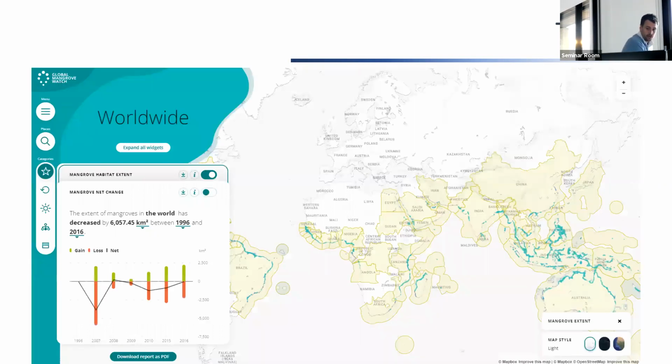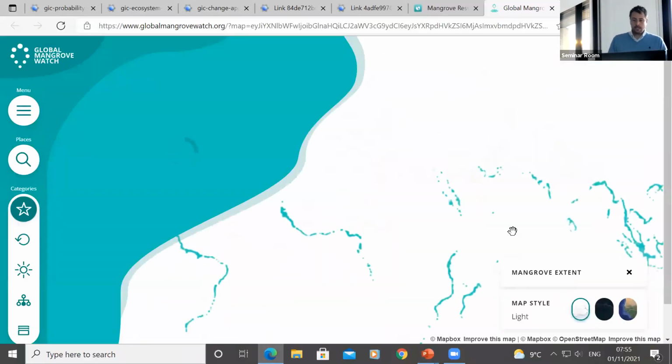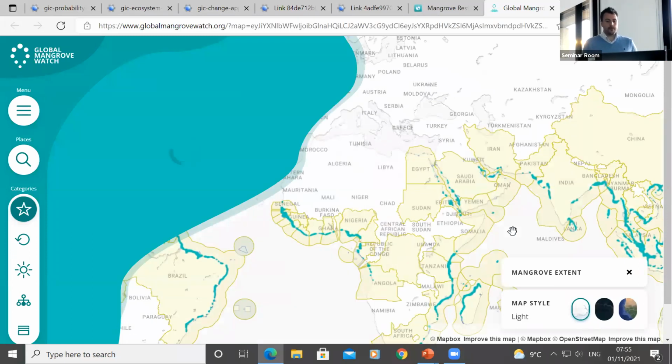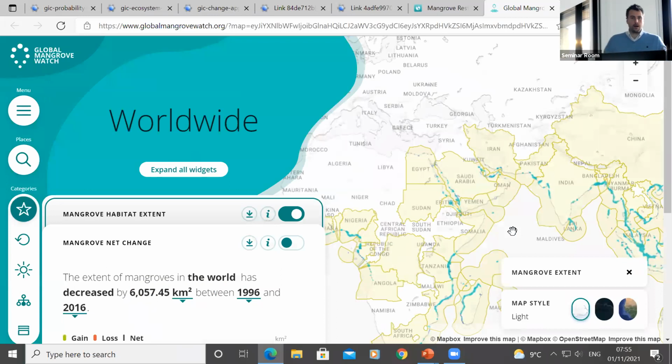So if I go to the tool, and this is freely available, I can share the link with you. As you launch in, this is the global extent that you're shown here. I apologize, the screen on this computer at work is a little small, so it's all a bit cramped in. But what you see is the global extent, and it shows you outlined all the countries that have mangroves in them, shown in yellow out to their EEZ, so their total area. And in green, the mangroves have been expanded in size so they stand out, because it's difficult to map them globally. On the left-hand side, we have what look like cards.